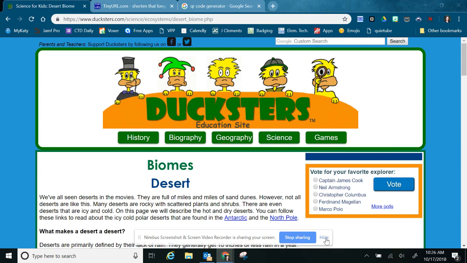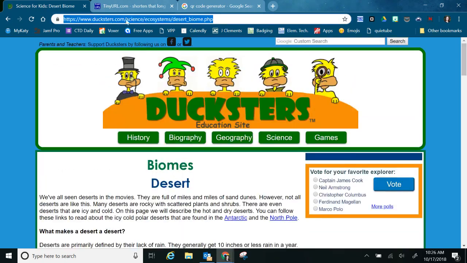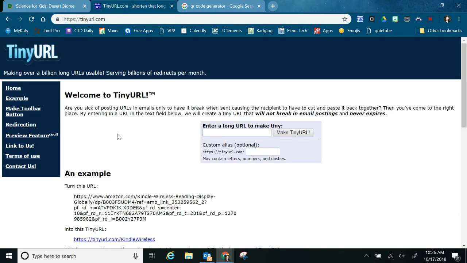Everyone. So I have this website that I want to share with my students about deserts, but the URL is kind of long for them to type. So I have a couple of options to make it easier to share this with my students. One is to do a tiny URL. You can access this website by going to